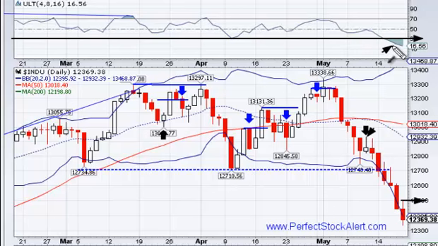Because we're already at the oversold condition on the ultimate oscillator, below the 30 line, I would be expecting that anyway. But until that actually happens, stay with the short position. Continue to stay with the short position until the market stops you out.